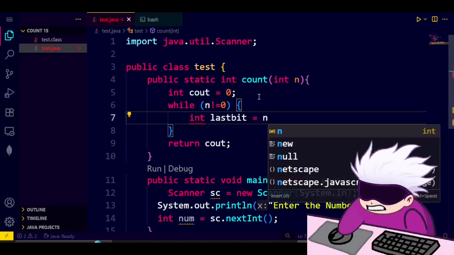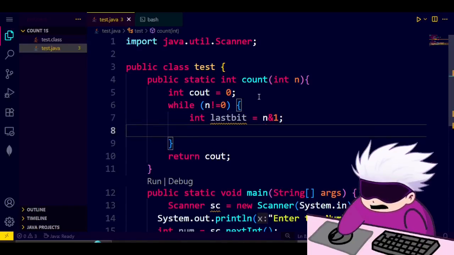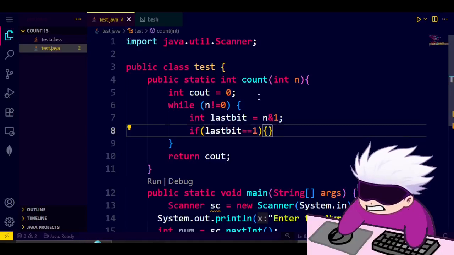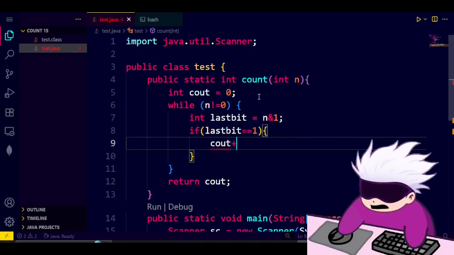So simply by using this formula, we can easily get the last bit. Now we have to check whether the last bit is equal to 1 or 0. If it is equal to 1, then we simply increase the count.